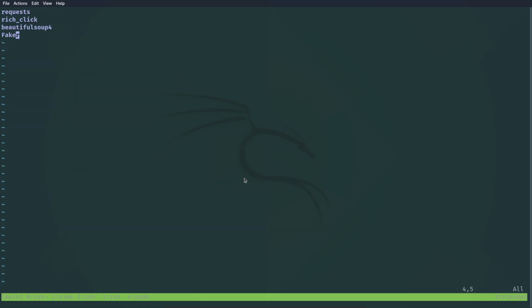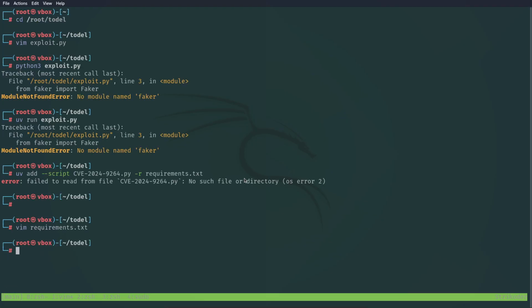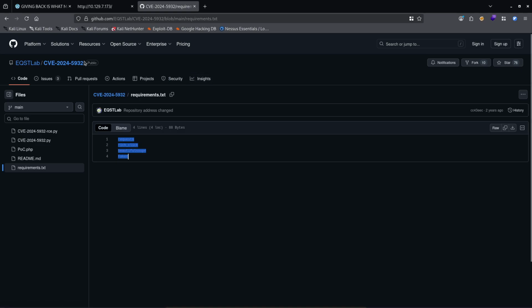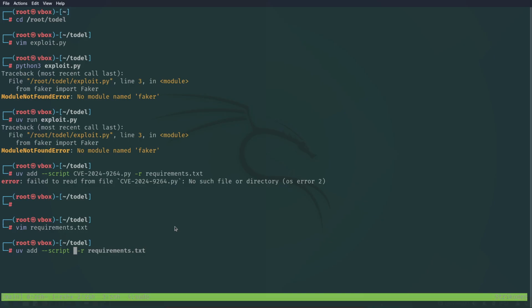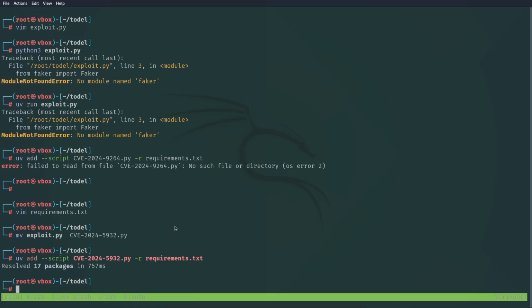dot txt, paste this, then uv add. Instead of this script, I'm going to add exploit, or you know what? I'm going to rename my script to the same CVE, move exploit to this .py, then uv add script, but instead this CVE. And we installed them, then uv run CVE,